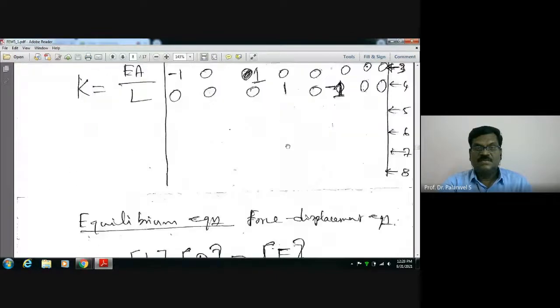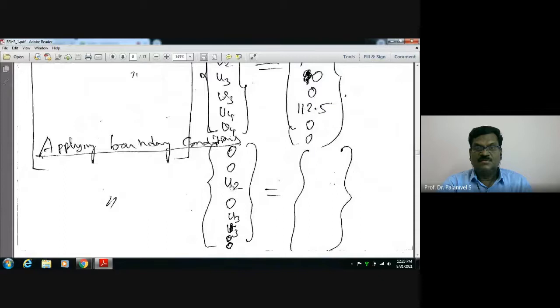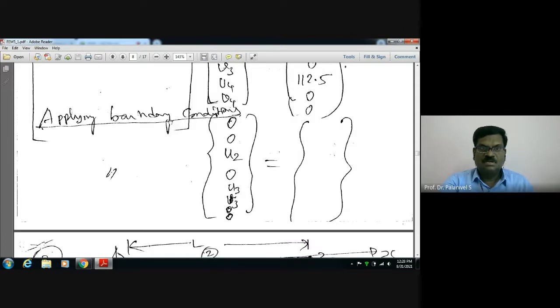Apply the boundary condition. Okay, so I have written here 0, 0, U2, 0, U3, V3, and then 0, 0. Automatically, the unknown support reactions at the constraints will get eliminated. This way, the equilibrium equation is reduced. It has to be solved for the unknown displacements of the truss. That is the procedure. You have to explain the procedure. By solving the above, we can get the unknown nodal displacements. That's all. With that, you can stop, right?